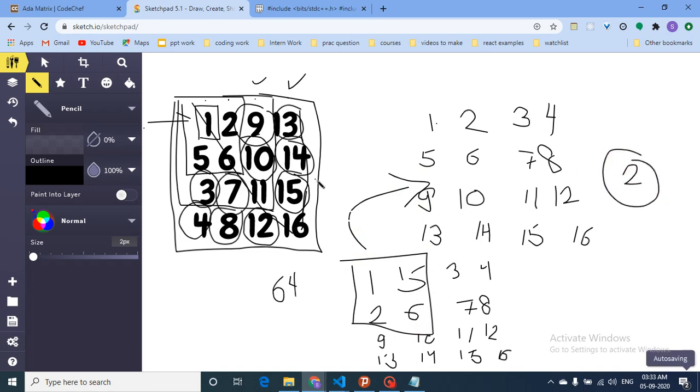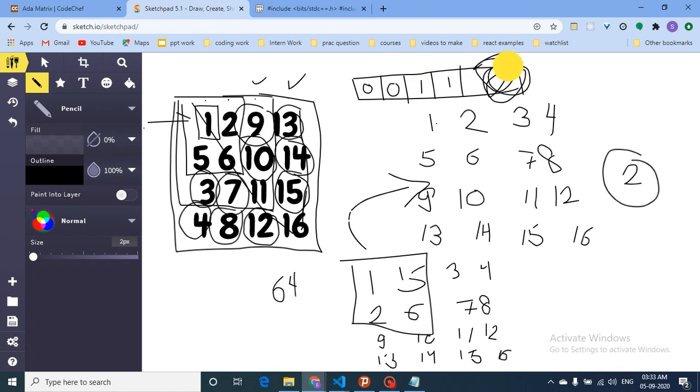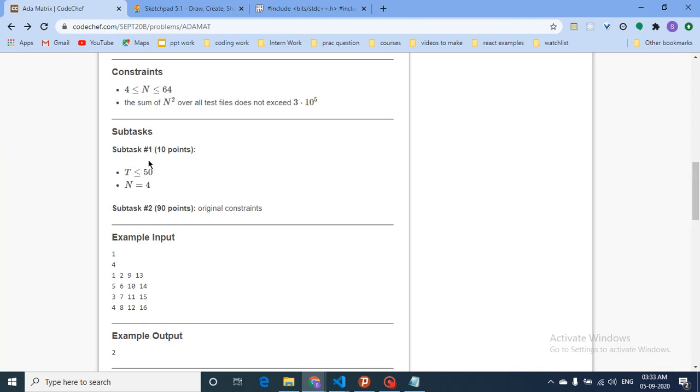So now what you can observe here is you can actually make an array of size n and store whether this L is correct or not. First L is always correct, so you don't have to do any operation. Second L is correct, so you don't have to do any operation. Third L is incorrect, so you have to do some operation. Then the fourth L is incorrect, you have to do some operation. So this is the initial state of the array of these L's, and you can easily study these L's, and the length of this is only 64, as you can see.